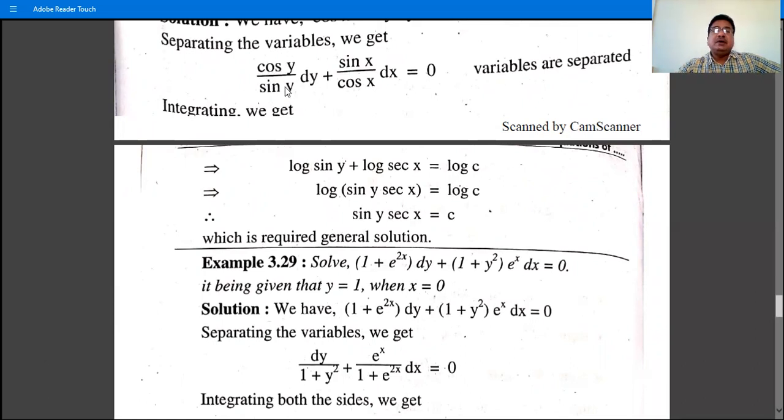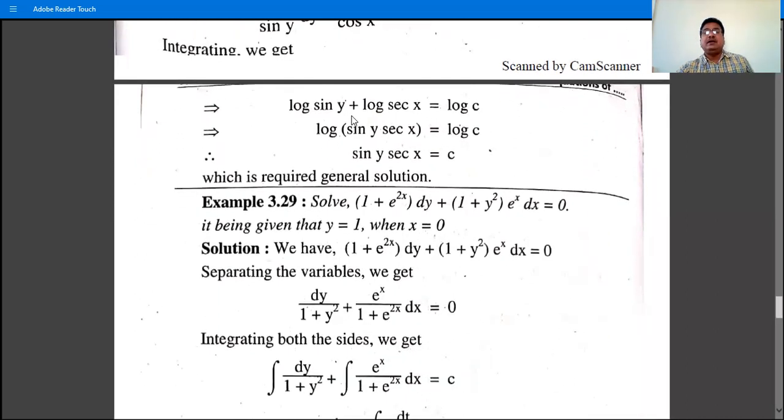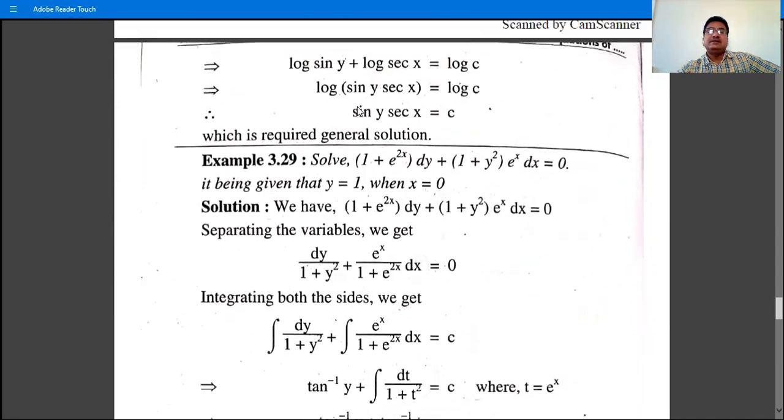So by using the rule f dash x divided by fx, it is log sin y, or cos y by sin y is cot y, and integration of cot y is log sin y, and integration of sin x by cos x is tan x, and integration of tan x is log sec x is equal to, suppose, log c as constant of integration. Then log a plus log b is log a into b, and then cancel the log of both sides. We have sin y into sec x is equal to constant, and this is the required solution